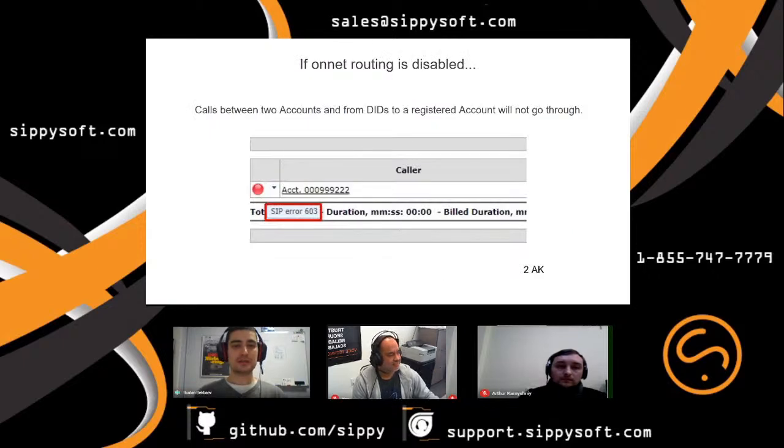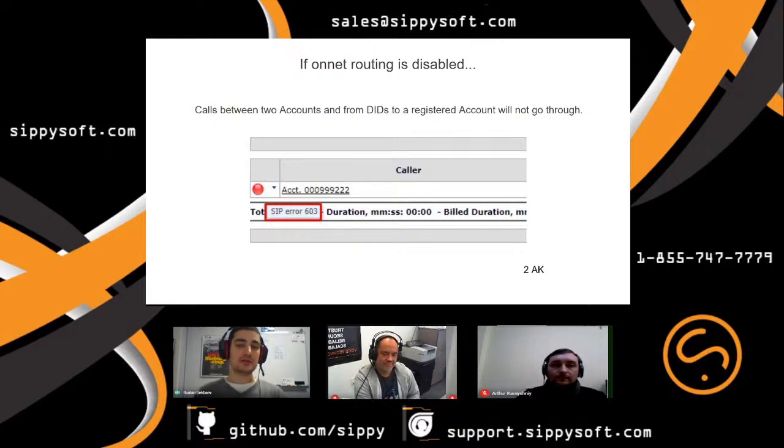Okay, and if on-net routing is disabled, actually a call between two accounts and DID numbers to a registered account will not go through. The system simply won't be able to send calls to itself, and you will see the error SIP 603 in case of no other routes defined in the appropriate routing group.